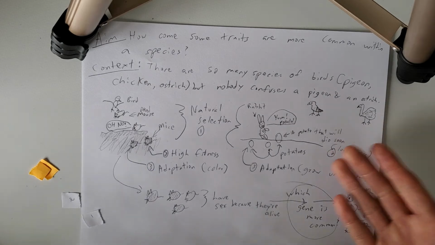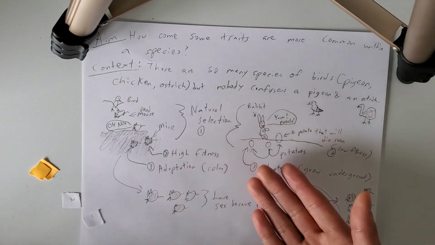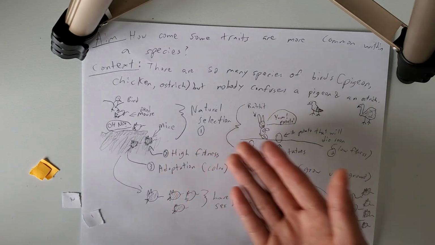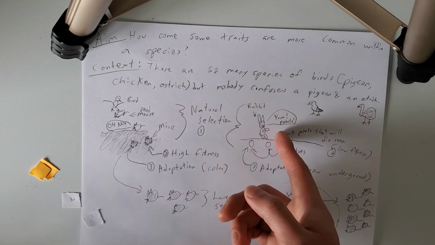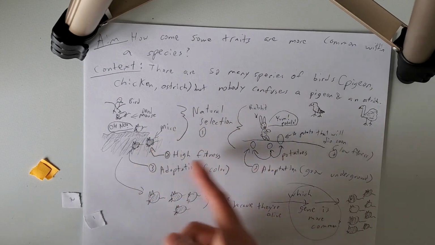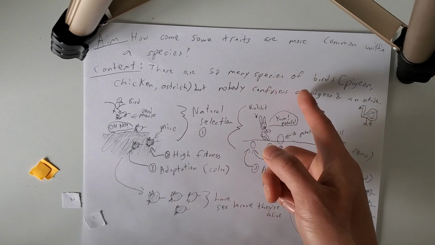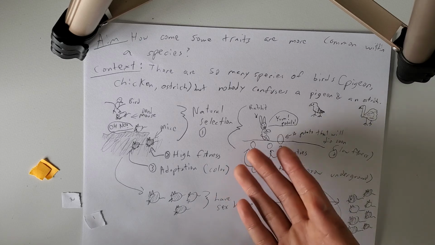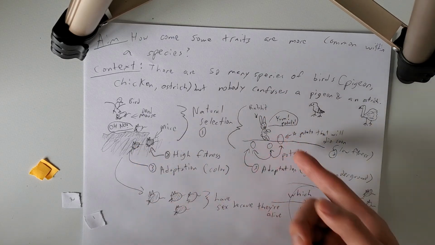Okay, so in summary, natural selection causes some genes to become more common. How come some genes are more common? Because those without the certain genes are getting killed, and those with a certain gene in that environment are surviving and reproducing and passing on a certain gene, right? And so that's why certain species have certain traits, because those genes are the ones that are commonly getting passed on.